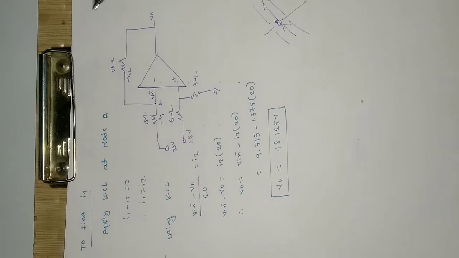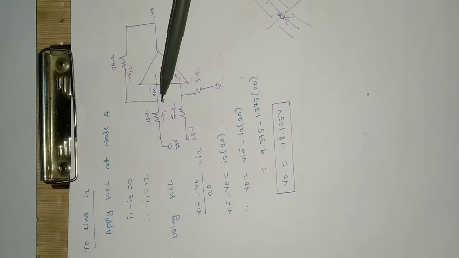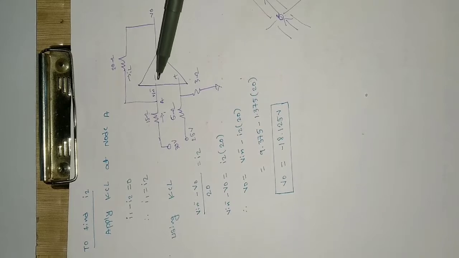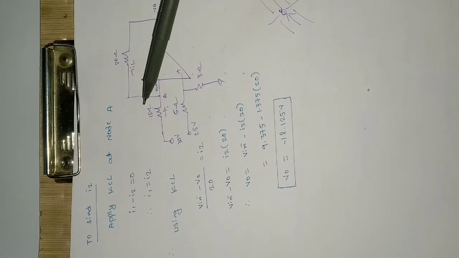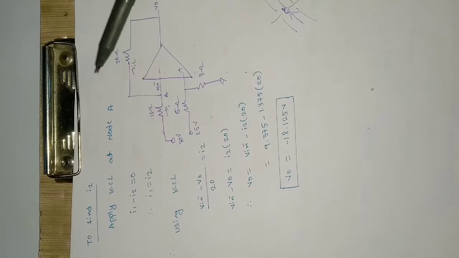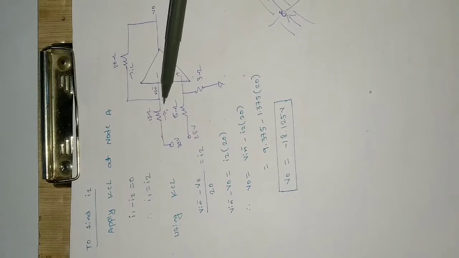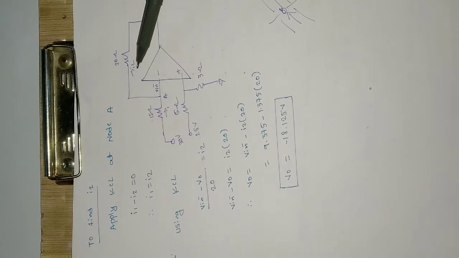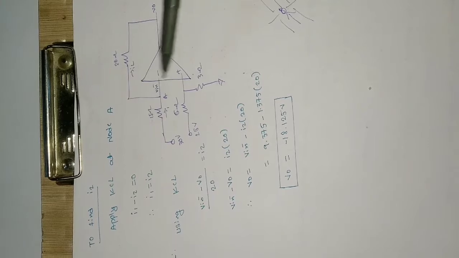So I can write, consider this point here, A. I1 is the current which is entering, so I will take it as positive, and the current which is leaving this junction is I2, so I will take it as negative. So their summation will be equal to 0. So I1 minus I2 equals 0 here. Then I can write I1 equal to I2, because this is the current which is entering and only one current is leaving. So of course they will be equal to each other, and there is no other path for the current to flow.